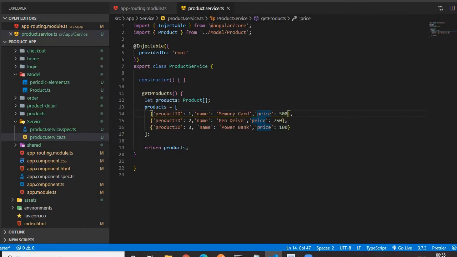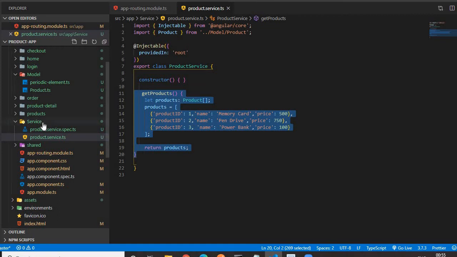I have declared product of type Product, which is an array. This is an interface. Then I initialize it with three objects, so now product is an array of objects. I have returned that array of objects from the service. Why have I created this function? Because I need this product data in my product detail component as well as the product component.